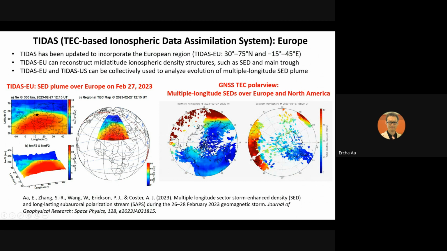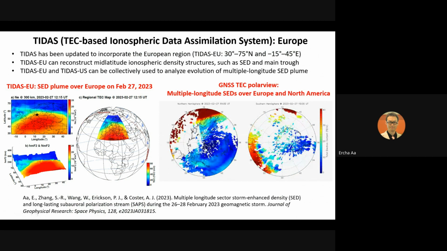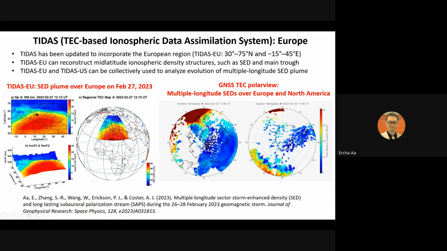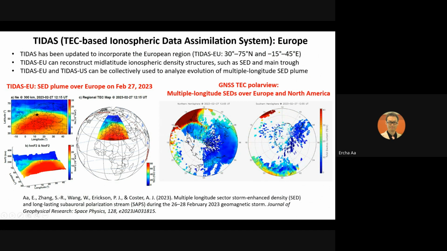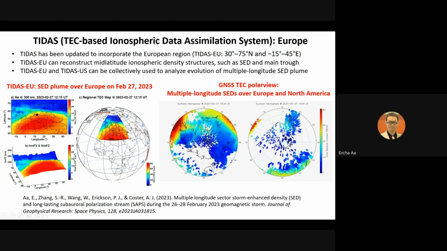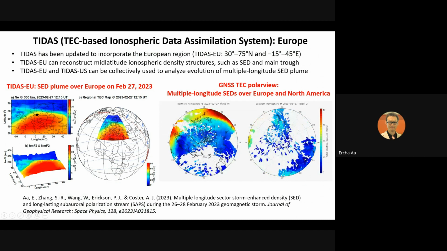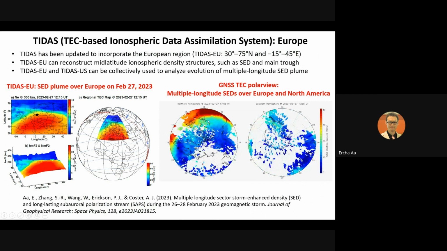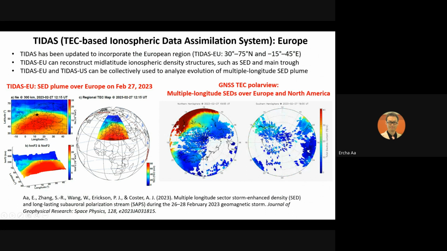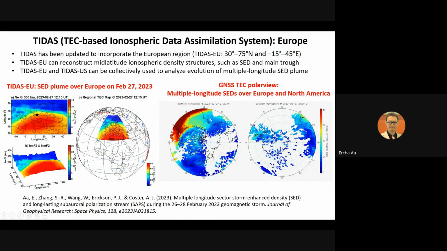So we see this SED occurred in multiple longitudes. It first occurred over the European sector. As we can see here, the SED plume occurred over the European sector. Then, with the rotation of the map, the North American sector going to the local noon, and we see the SED plume occurred here. And we can also see it in the